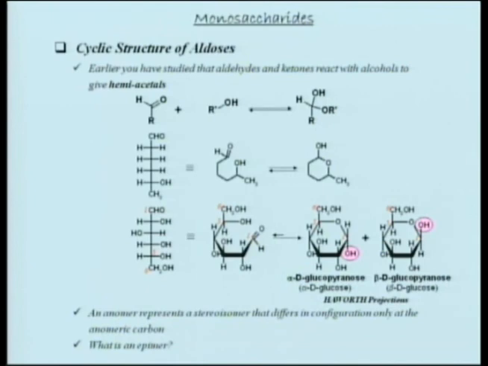And the manner in which this is represented is called the Haworth projection. So we have the Fischer projection, we have the Sawhorse projection, we have several projections, but the common ones are Fischer projections and Haworth projections. And obviously we have a 3-dimensional chair form, which I'm going to show you in just a little while. Some authors like to use the 3-dimensional chair form. I prefer to use this because it's all linear, Haworth.